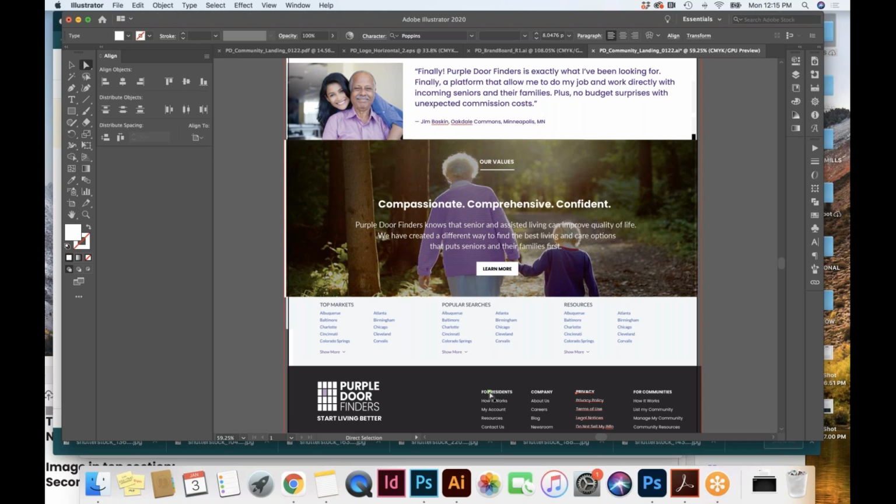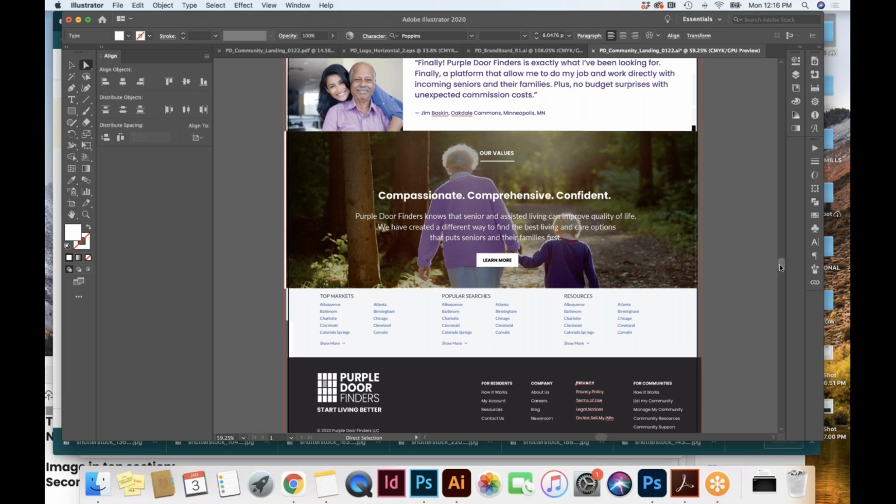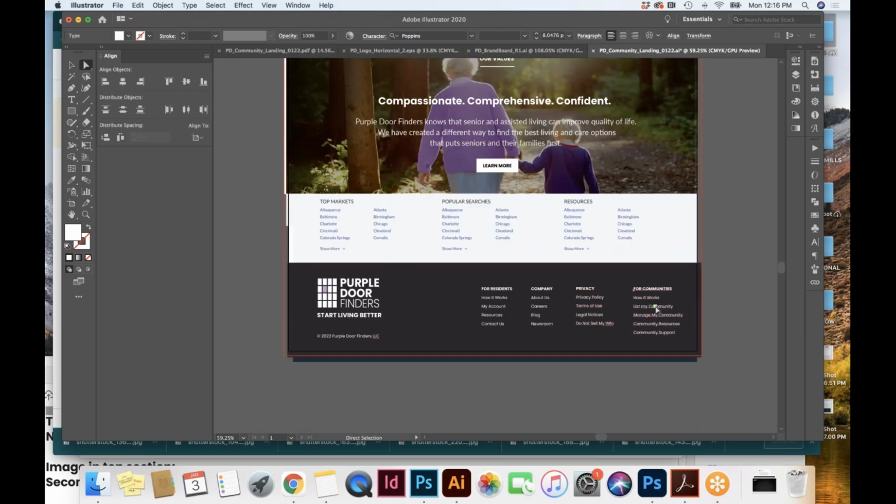The general traffic will be the users, the residents. So your eye tends to go in a zigzag when you're looking at a page, meaning you're always going to end up looking in the bottom right-hand corner. To have communities in the bottom right-hand corner is not the majority of our users, it would be the residents.